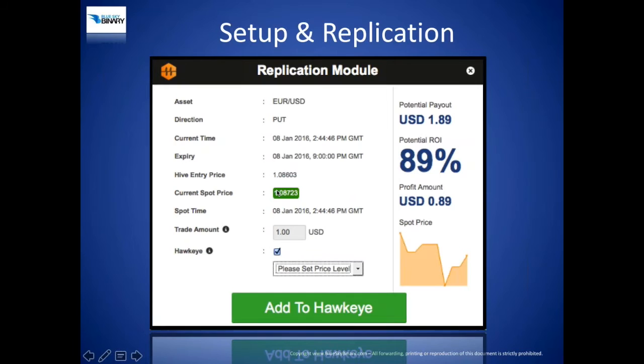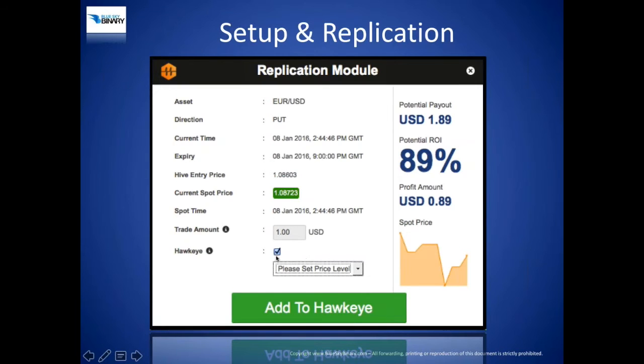Mind you that by the time you opened up the module, it was at 1.08723, so it had actually moved by about 12 pips in your favor. Okay, and then it shows green. If it had moved against you, it would show red, and it would advise you not to take the trade because it's just more risky. When it's green, you can go ahead and